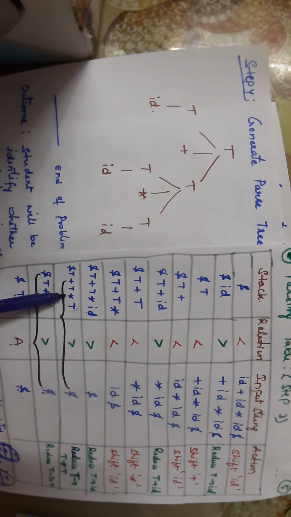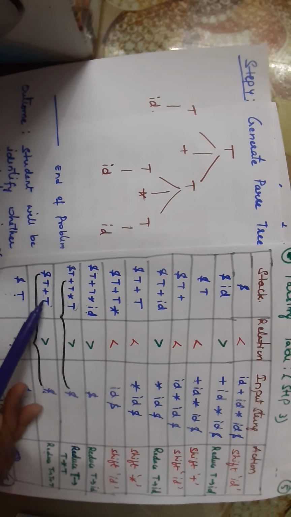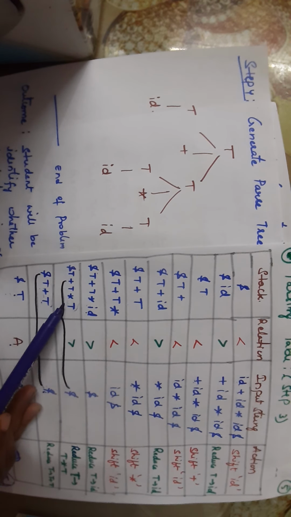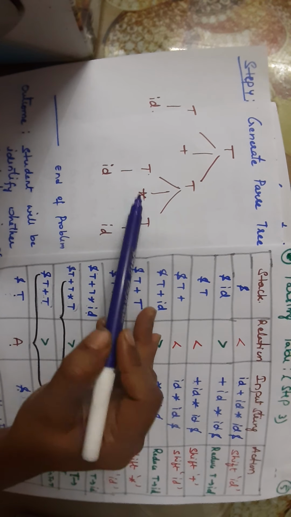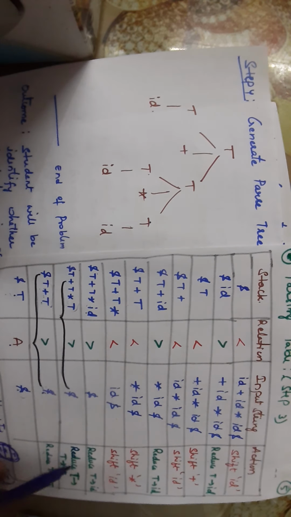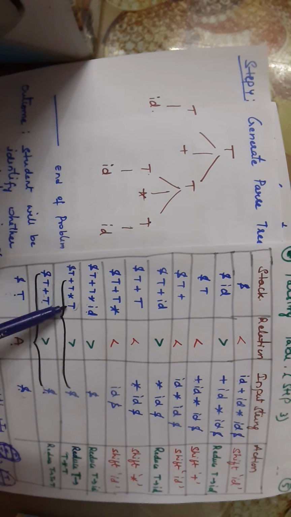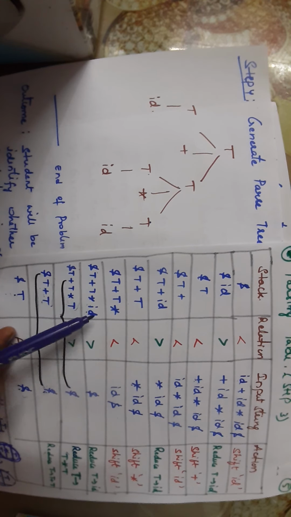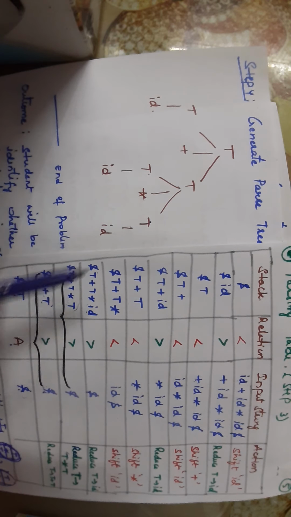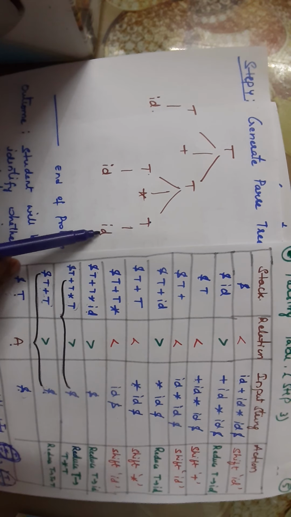Again go for this reduce operation. Here what we have, T plus T is there. Under this, the first T plus is as it is, and the next T is expanded into T star T. Okay, so the second T is written as T star T. Then go for the next one, T produces ID. So which T among these three is producing ID? The last T, that is the third T. So at the third T we write ID.